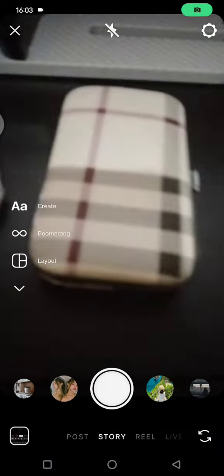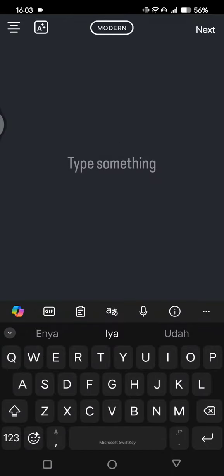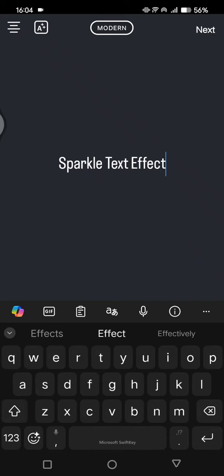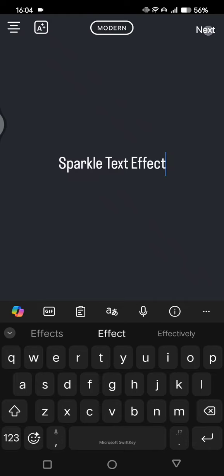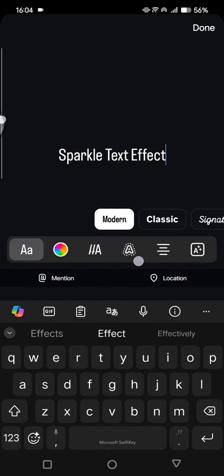Here, I'm going to just use a background. This one's right here, and you can just type something in here. So for example, I'm going to just write sparkle text effect like this. Here, just click on next and then click on the text, and here you can click on this A with dots around it, and